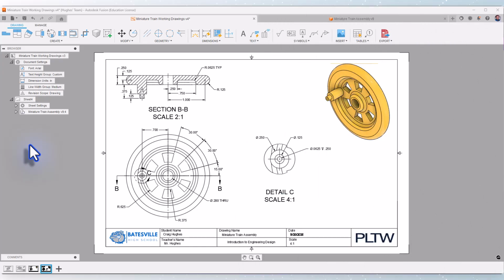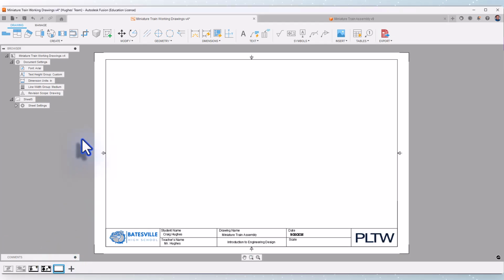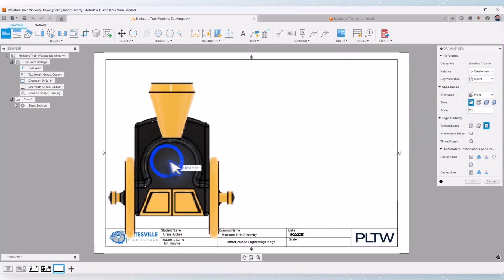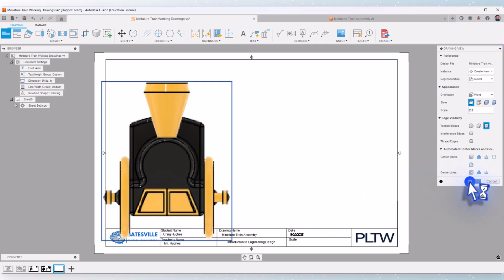Let's walk through how to create a fully dimensioned multi-view drawing for the cow catcher. In previous videos, we created drawings for the stack and for the wheel. We're going to add a new drawing to this sheet set, and we're going to click on base view. We're going to do a 2:1 scale, and I'm going to drop the view of